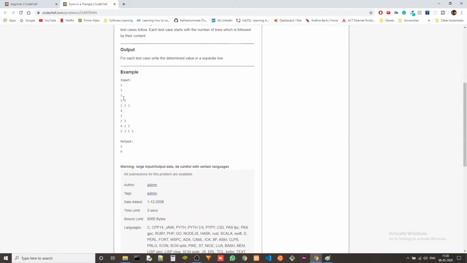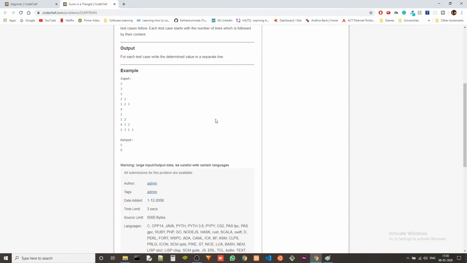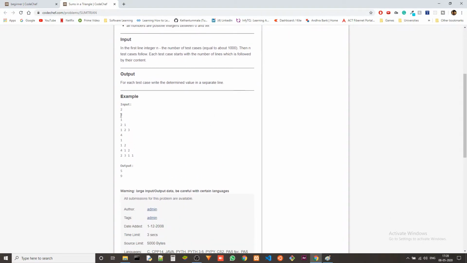Okay, so we are given a triangle of numbers. What that means is, this 2 is the number of test cases, and then this whole thing is the first test case. Every test case contains first of all the n value. Here it is 3, which says that there are 3 rows.